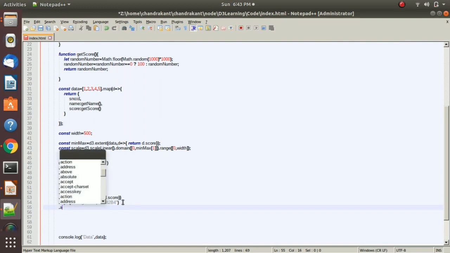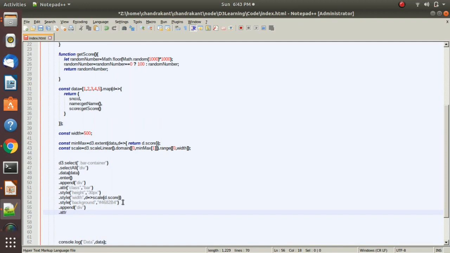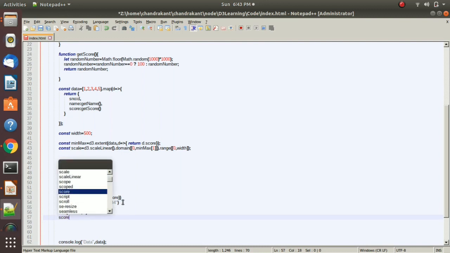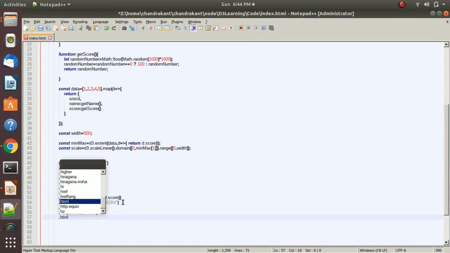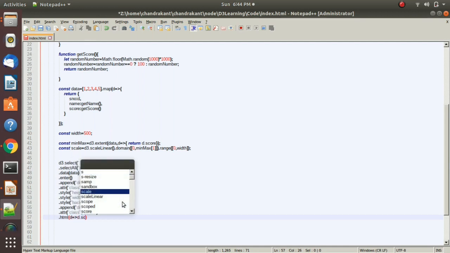We can just append a div, dot attribute, class equal to my score, dot html, d.score.